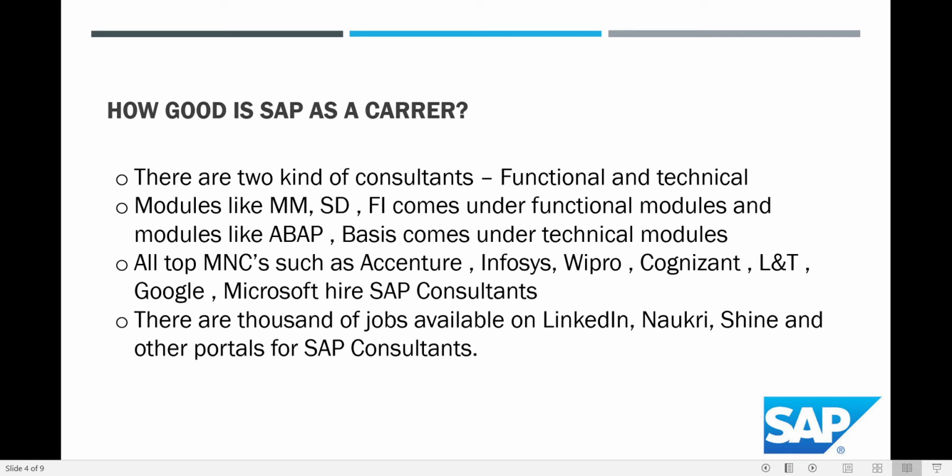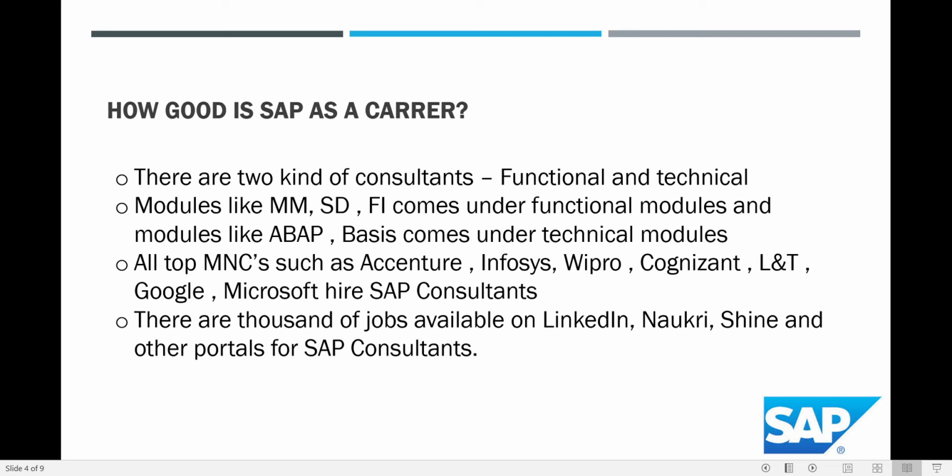In the last slide, I'll also help you understand the roles and responsibilities of a SAP consultant. But just to wrap up right now in a summary, the technical consultants are the ones responsible for the technical part.